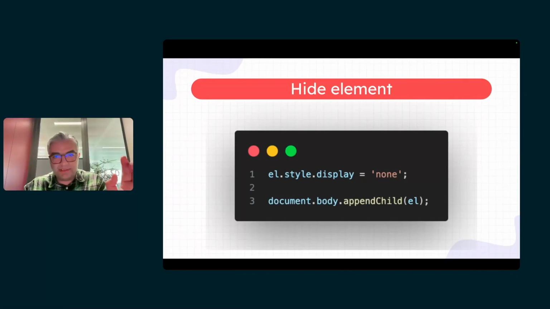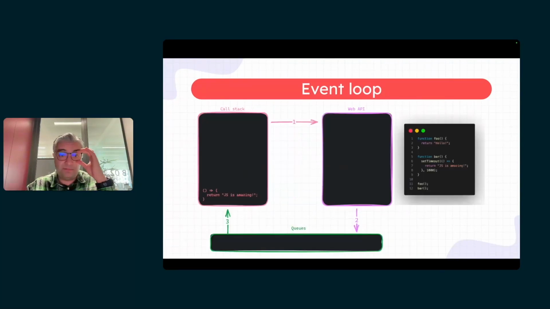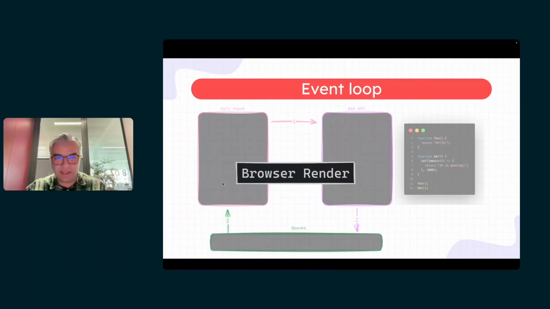In order to answer that question, I want to get back to our event loop definition. Do you remember the time that I told you setTimeout comes out of the Web API, goes to the queue and is pushed into the call stack? As soon as the call stack is empty, we have a browser render.